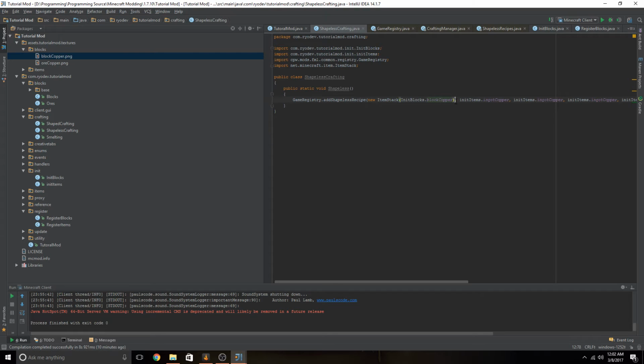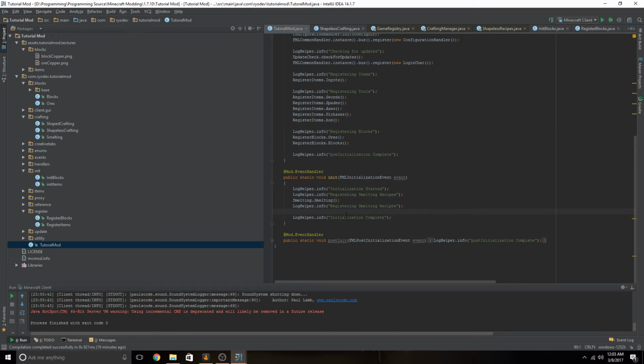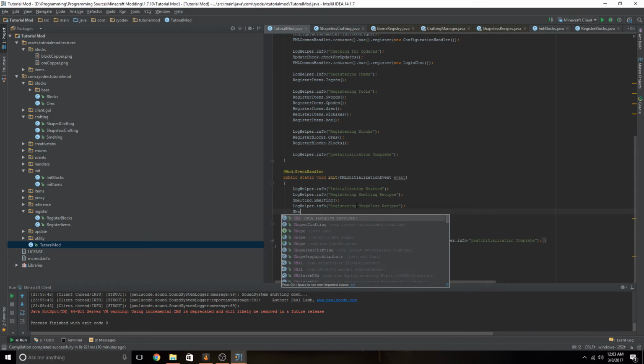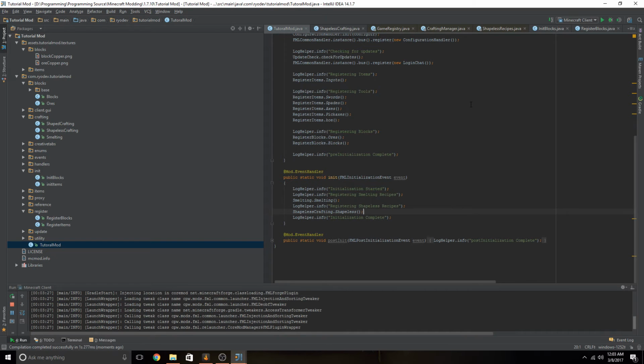And I'm actually going to show this off by removing it and making it 8 shapeless. So let's go down to tutorial mod here, and we'll go down to this register shapeless. And this is ShapelessCrafting dot shapeless. Alright, so if we go and hit play here,